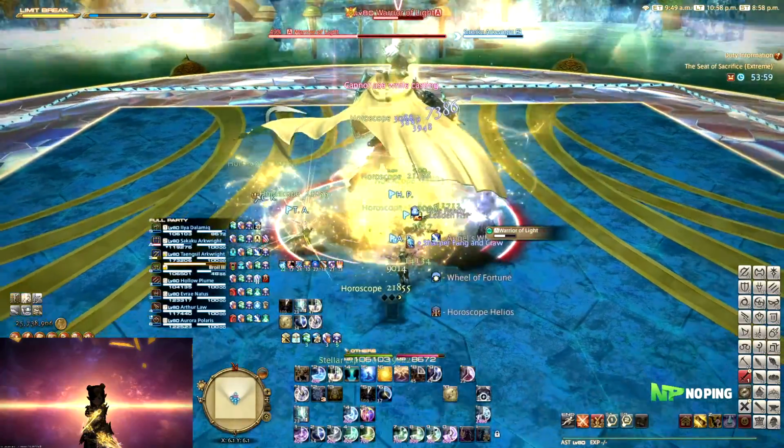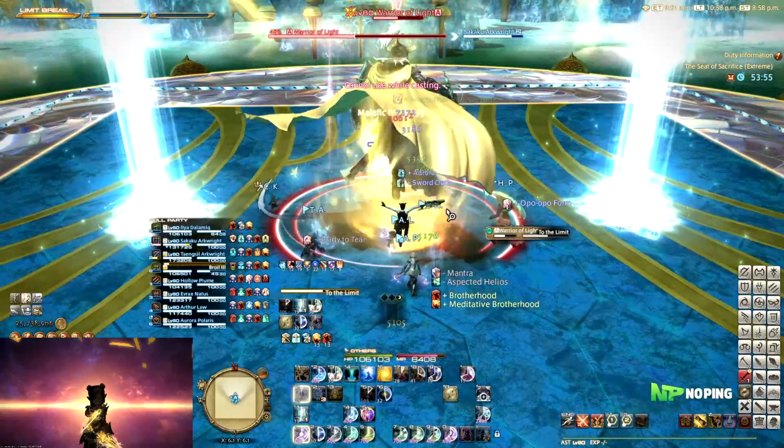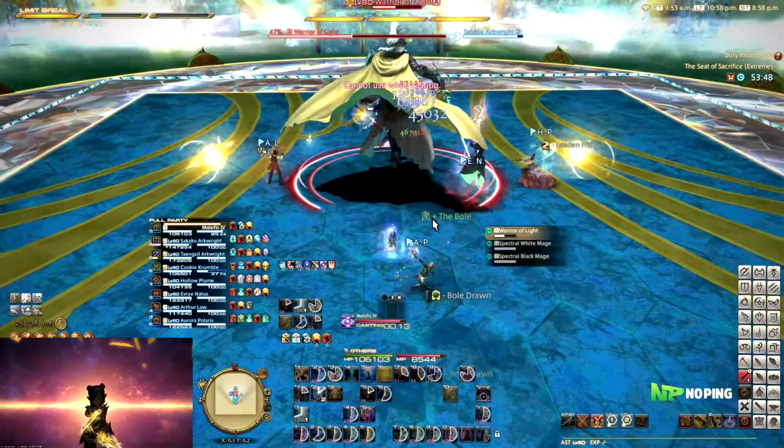As I said before, we did 2 clears and we still hadn't even seen one of the mechanics that was in the fight itself, probably because we just kind of skipped it as we cleared it really quickly. But it just goes to show you how much randomness there is in this fight. Now, of course, Warrior of Light, Seat of